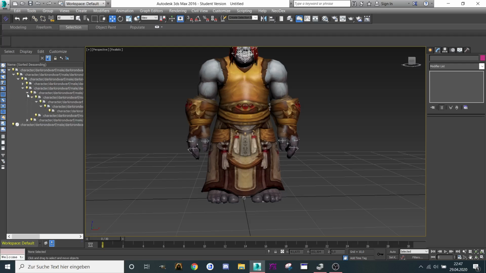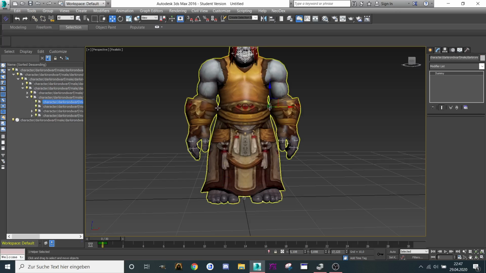That's the underbody, I think. Yes, that was that leg. We are done with that leg. Open the next leg. So